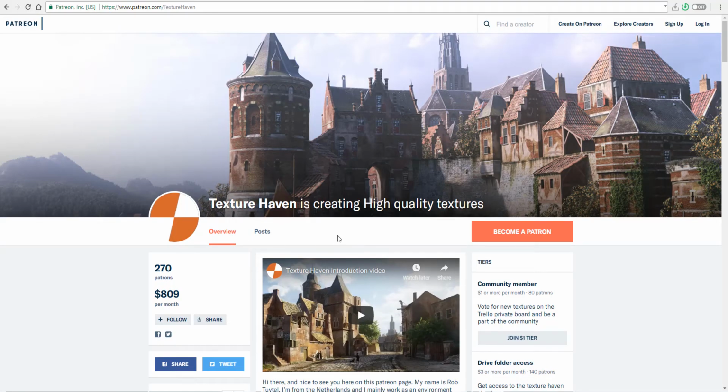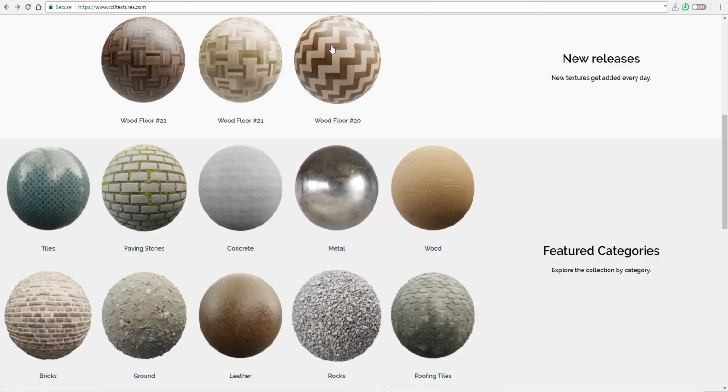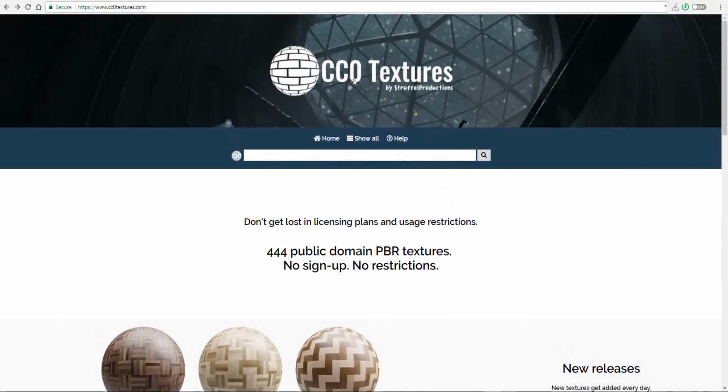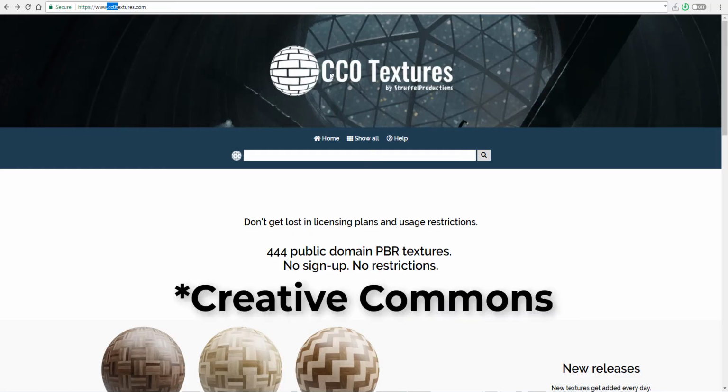Then the next guys, which we're going to talk about, which will probably be the final guys for today, is the guys at CCO. Now I don't know if it's CCO or CC0. The font keeps playing tricks on me. But from here you can see it at cc0textures.com, which I probably perceive as creative content, or content creators, or maybe creative license, I don't know, but it's cc0textures.com, and this is